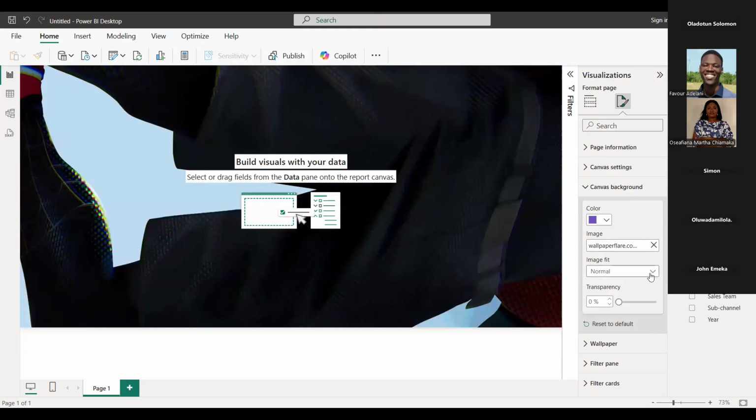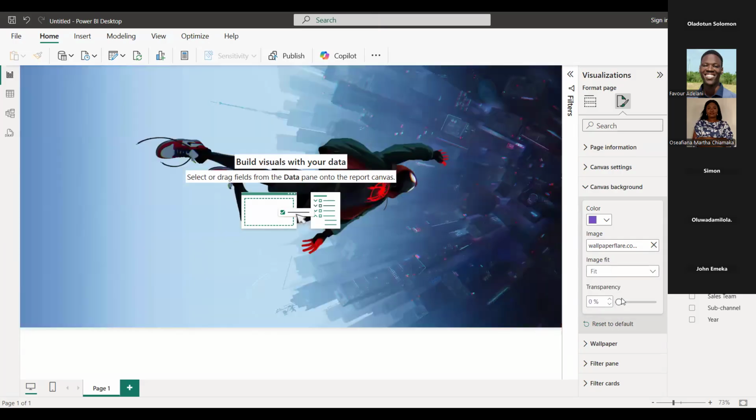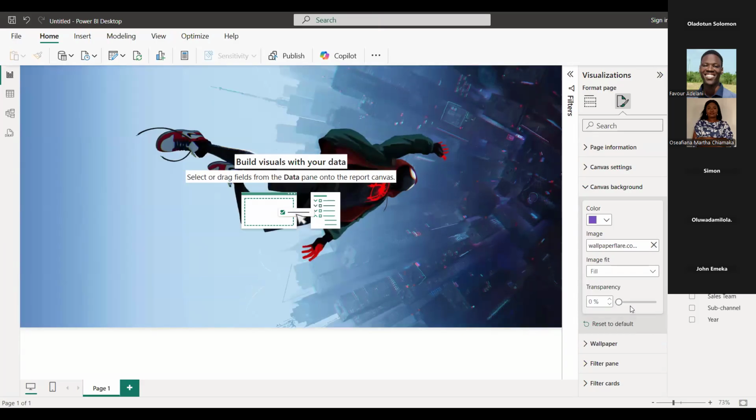Then you can adjust the image ratio, say normal, fit. If you press fit, it will fit the image to the ratio of your canvas. And if you press fill, it will extend it to fill in fully. So fit will still leave a little bit of space, particularly height-wise, but fill will fill up everything entirely.